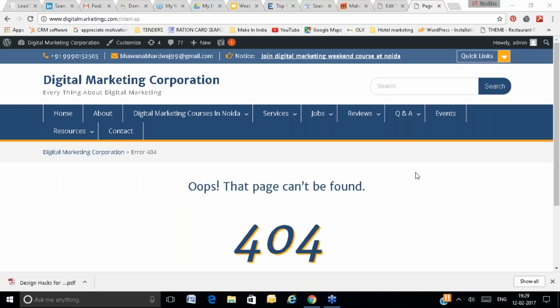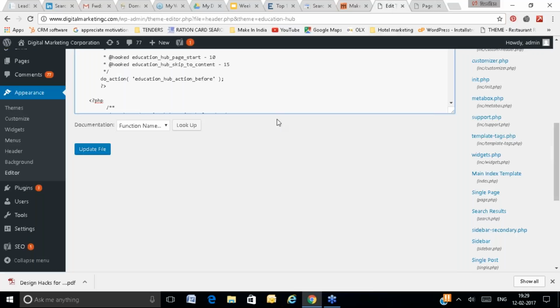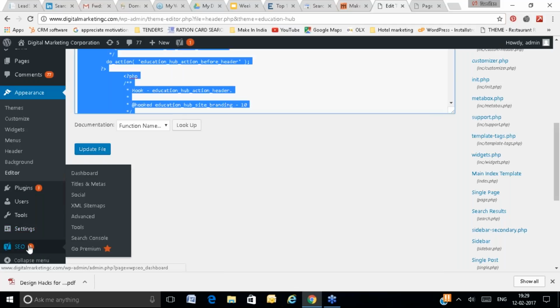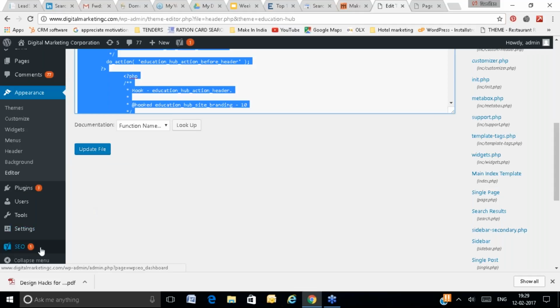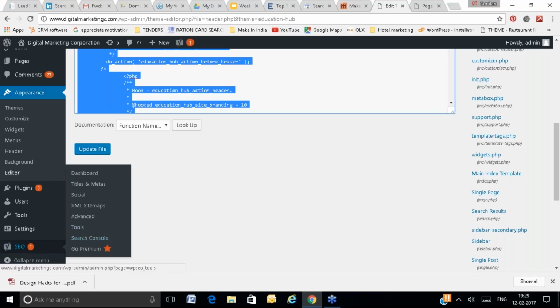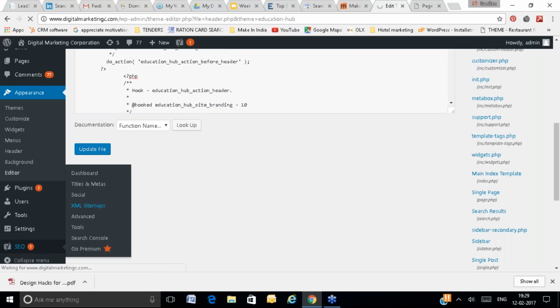IUC is asking how to create a sitemap. If you are using a WordPress website and you are using a plugin, either All in One SEO or Yoast, they will create the sitemap for you. Here you can go to SEO and you can see the sitemap XML.